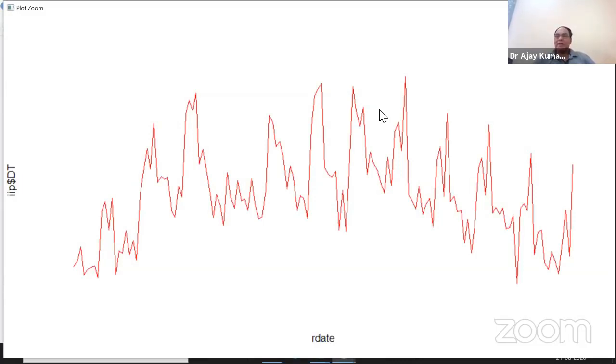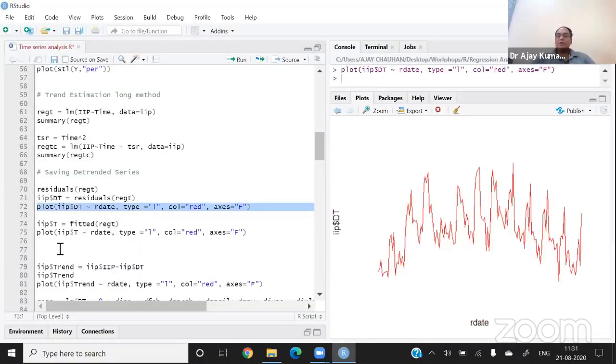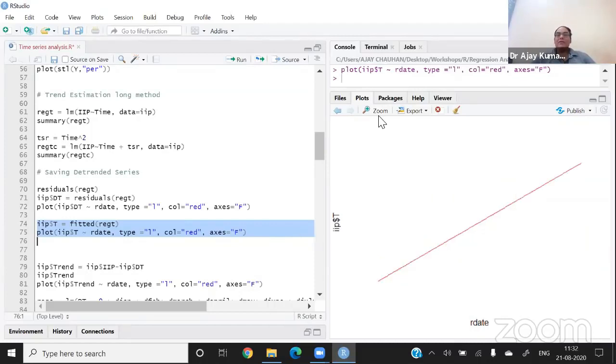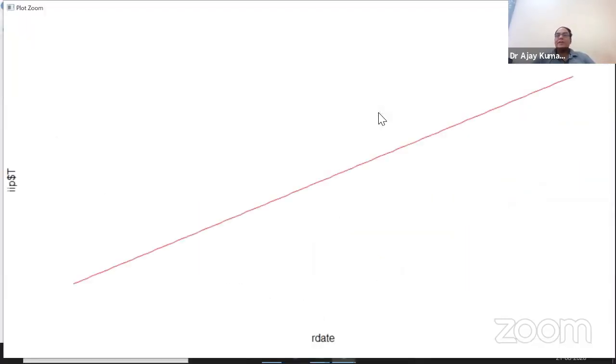And in this series, there are two components. One is the seasonal component, and the rest is the irregular component, because the trend is already removed from this series. Okay. Now you may want to know what is the trend, where is the trend, how can we see the trend? I'm showing you the trend. In this command which I highlighted, I'm saving the predicted values of the regression model, and those predicted values of the regression model represent the trend. Let's run it. Let's zoom in. This is the trend. This is the long-term linear trend. Actually, I removed the linear trend.